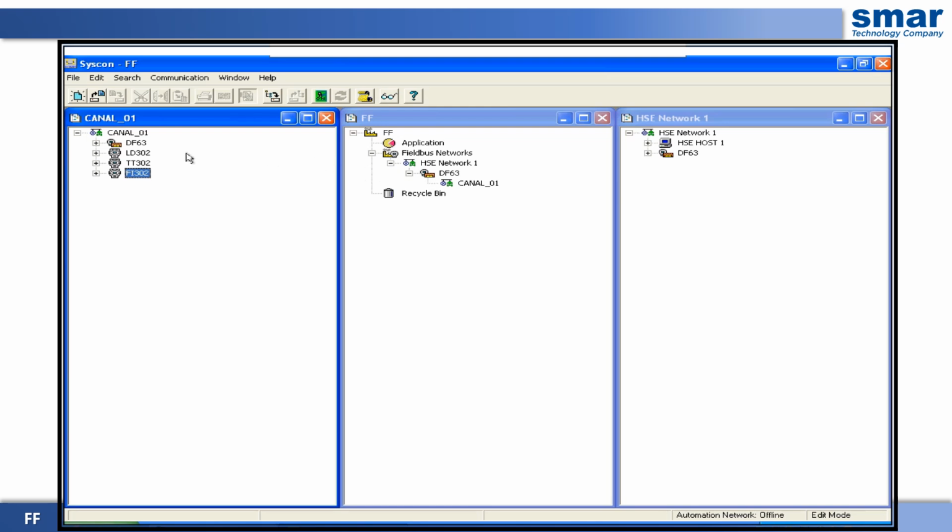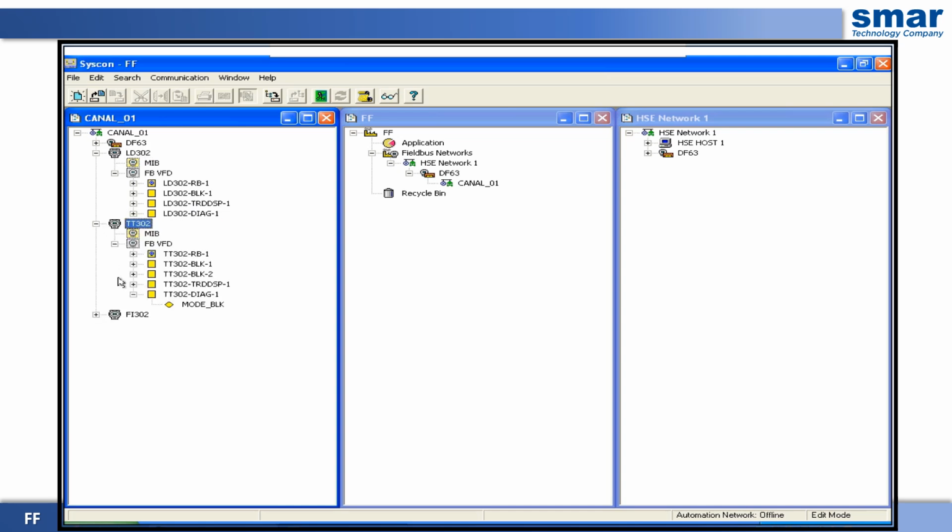Let's create our control strategy for Foundation Fieldbus. Let's initially insert the blocks. The blocks are inserted into each transmitter. Each one will have blocks.